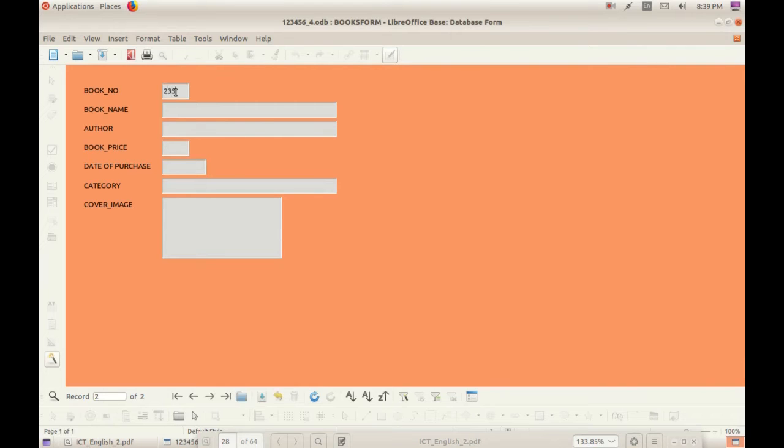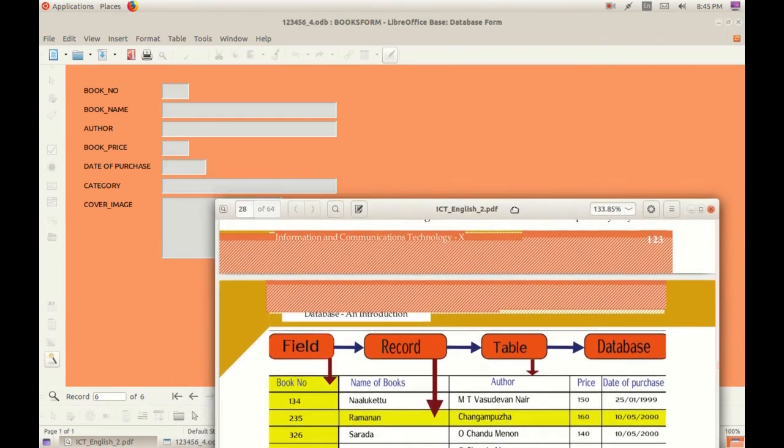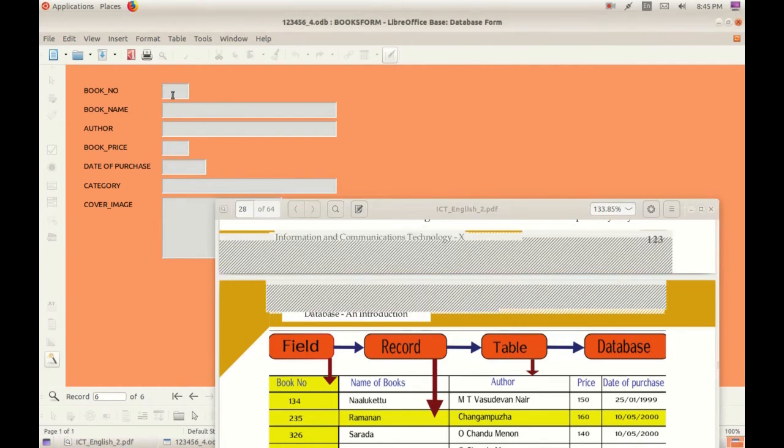235. In this way, pressing the tab key, I will enter all the details. Okay, I have entered 5 records. Now I will show you the use of primary key. Okay, see, I am going to enter the first one which we have entered. Okay, 134. Then